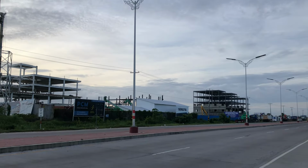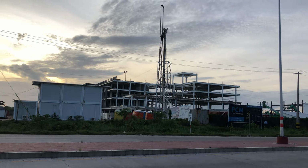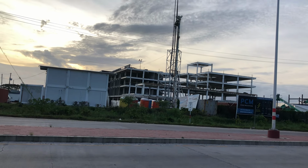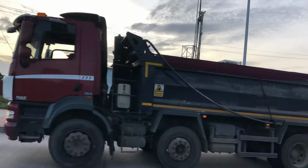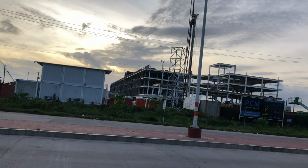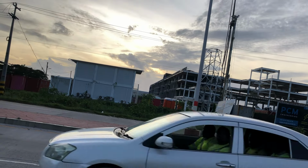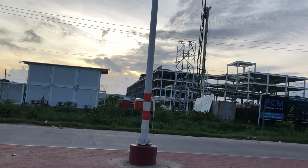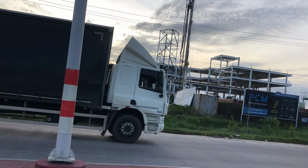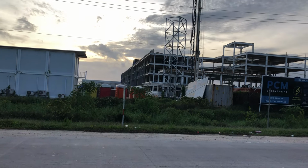What's happening here? This is the Sheraton branded 4 Points Hotel. They're making slow progress, working on the internal walls of this building. What is interesting, however,